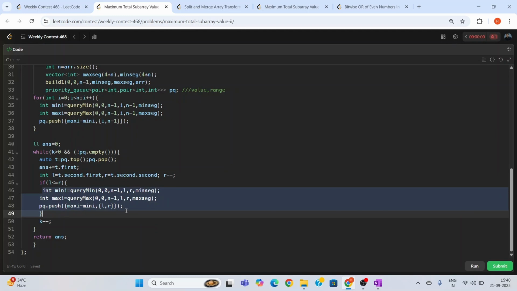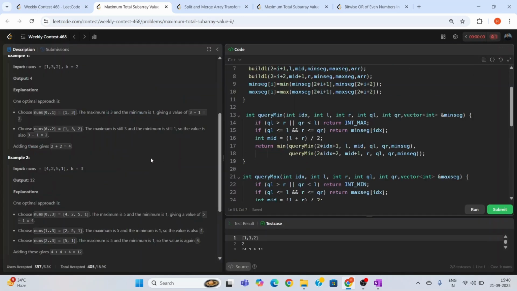After it I will find the maximum and minimum of the current subarray, which is L to R minus 1, and put it into the priority queue. After it I will decrease k, and in the end I will return the array and the answer. So that is all for